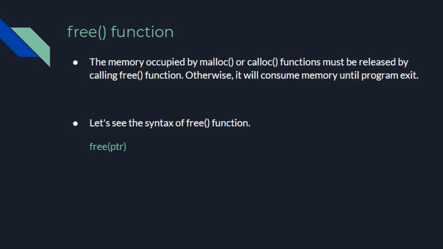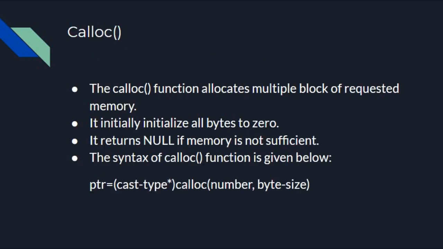Now let us have a look at another method to allocate memory using dynamic memory allocation. The calloc function essentially stands for contiguous allocation. This function is used to allocate multiple blocks of memory. It is a dynamic memory allocation function which is used to allocate the memory to complex data structures such as arrays or structures. Now you might ask, what is the key difference between a malloc function and a calloc function?